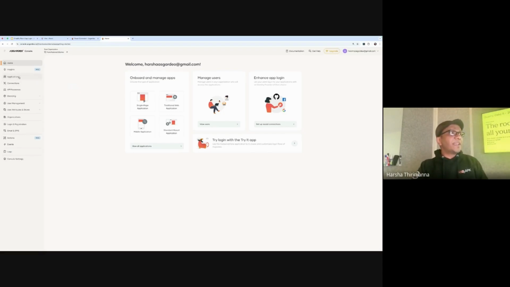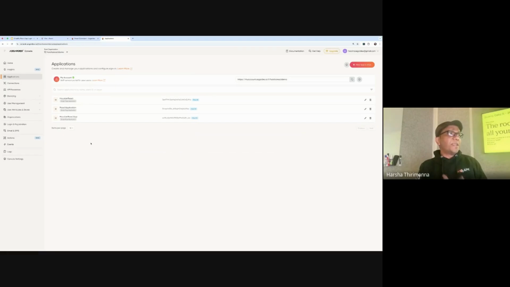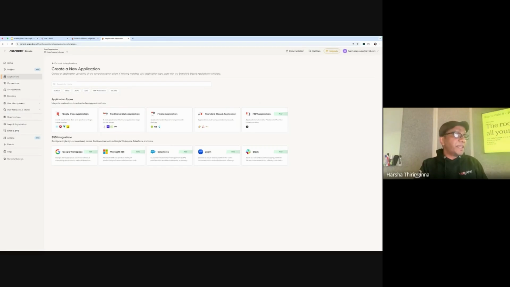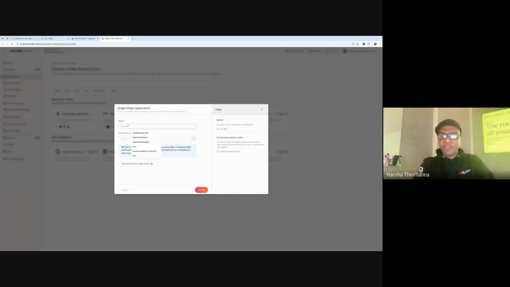So let's go to the applications. What exactly does it do? Right now we created that Vite project, the Vite application. That application you have to register in this management console. We create the application here, a new application. Based on the nature of the application, we can select. Different identity providers provide different capabilities. We have provided a couple of different options. Let's say you select the single page application and you just give a name. Let's say sample